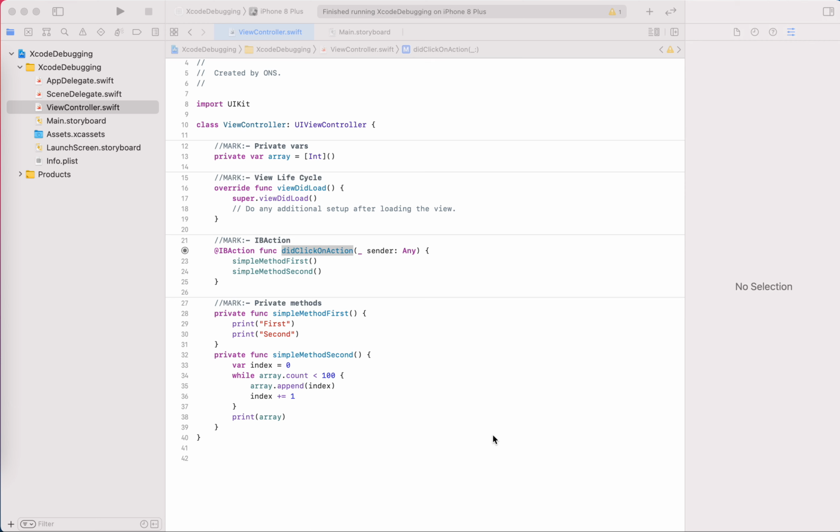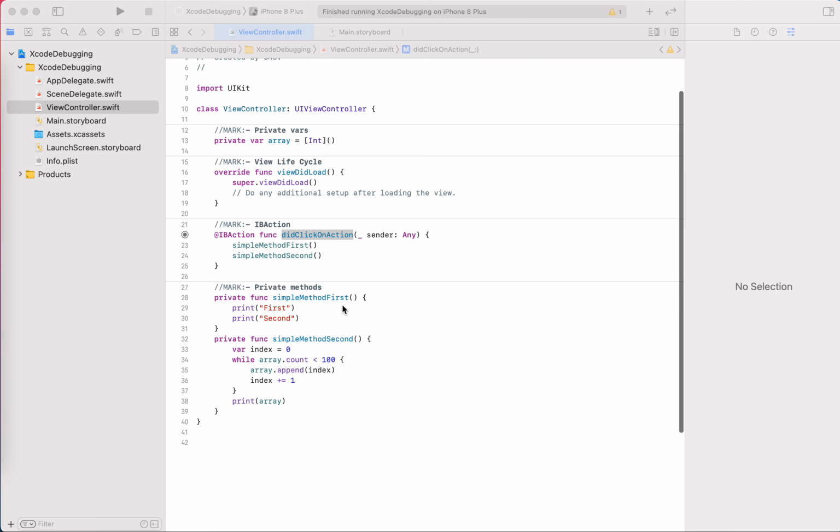In this tutorial, we will learn how we can debug our Xcode application. There are different ways to debug our application. We will cover a few points. And at the end of the tutorial, I will show you two LLDB commands. LLDB means low level debugger, a command line you can use at the time of debugging.